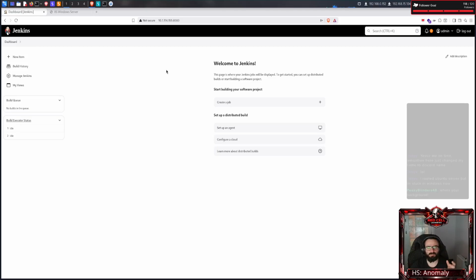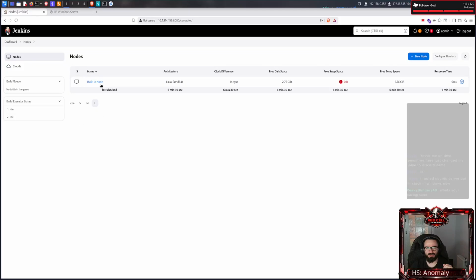If you don't know anything about Jenkins, it's a build service, so you can set up any kind of jobs. You can create agents that will execute those jobs. Now let's see, we seem to have 2 executors, so